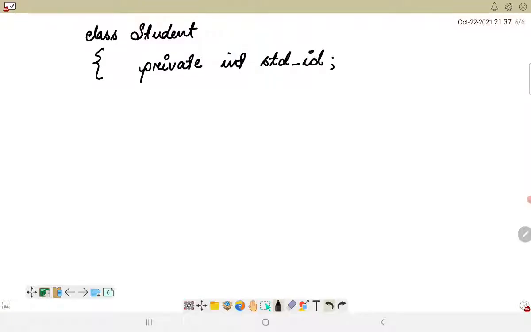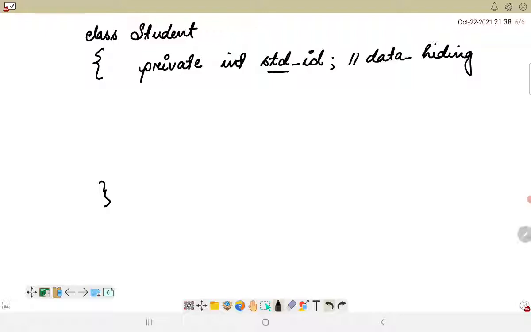So as soon as I am doing this, I am automatically associating data hiding here, which means that this particular student id variable is private to this class employee, and it can be accessed only by the member methods of this particular class, and it cannot be accessed by any other methods outside the class. So in encapsulation, the variables of the class will be hidden from other classes and can be accessed only through methods of their current class.